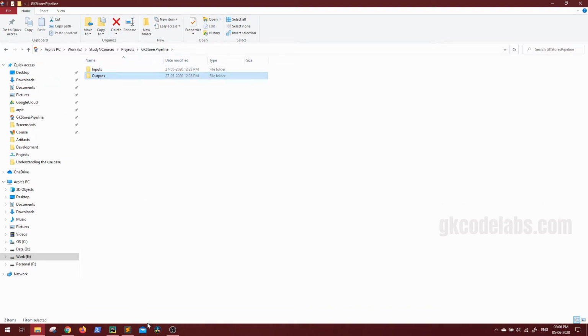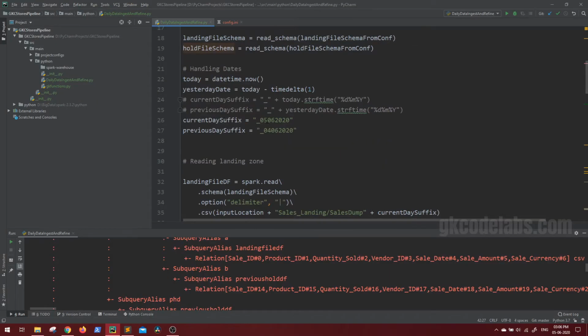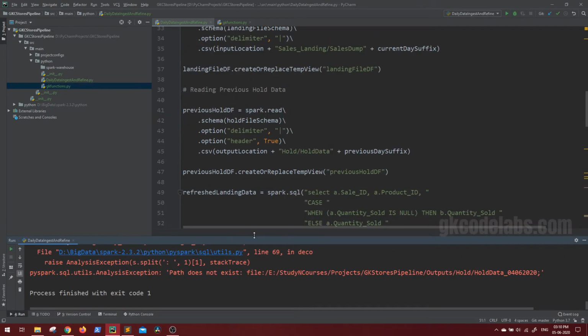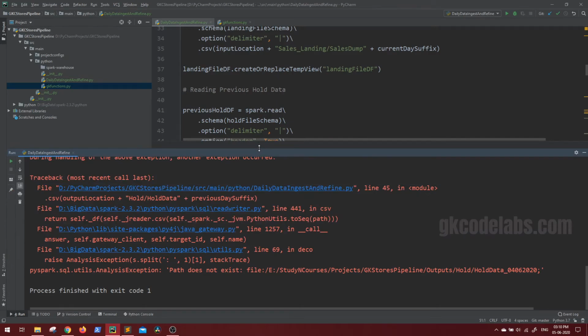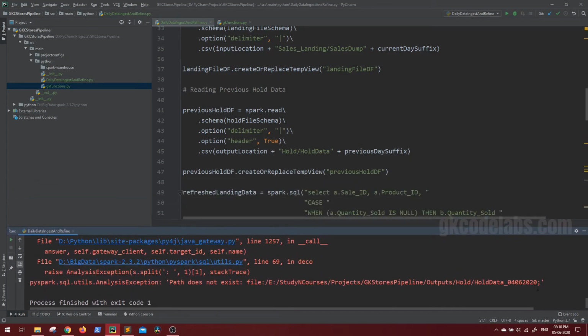Now let us run the code for the previous day. For testing I have hard coded it. So the current day will be the 4th. For the previous day, anyway we can keep it as 4 because there is nothing. This is the first day we are trying to process. So let's try to run this. It seems we are getting the error, but we can ignore this because this is the first run. All the directory creations will be taken care of as part of deployment.